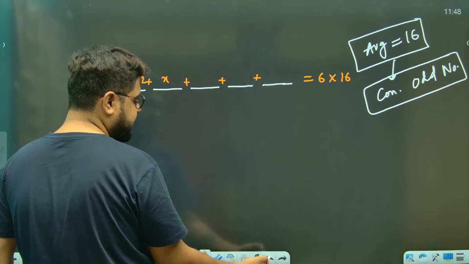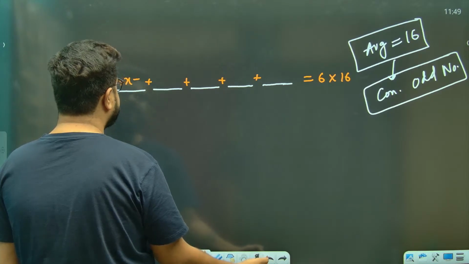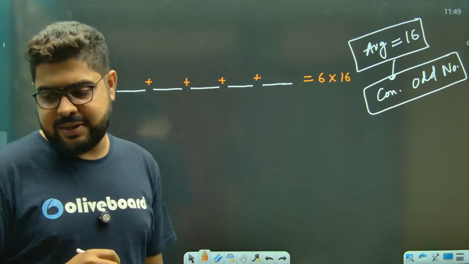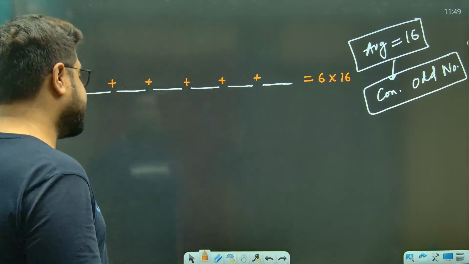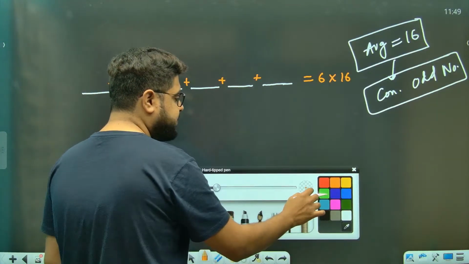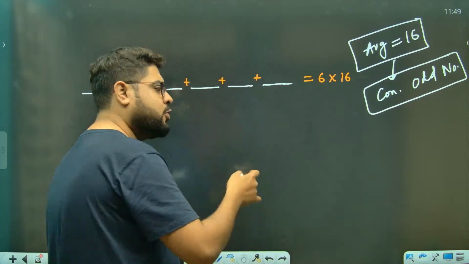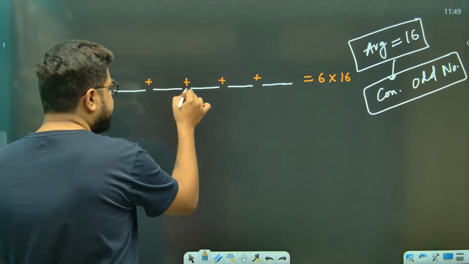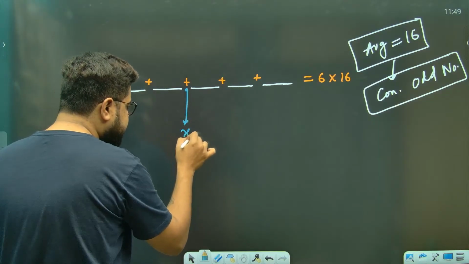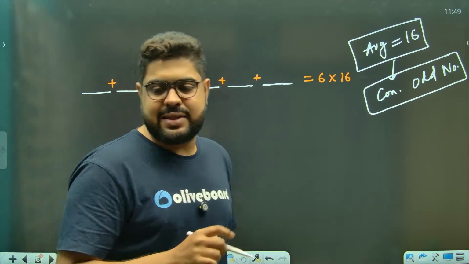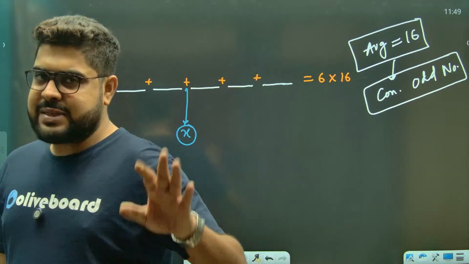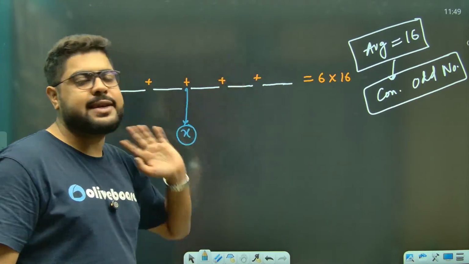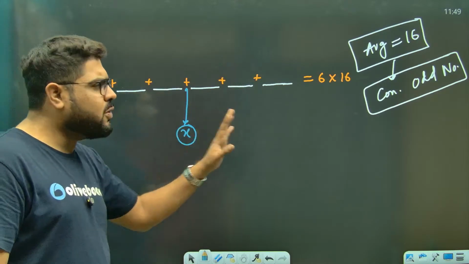Again I am saying, use a little bit of your mind. What will be the middle value here? There is no middle value. No, everything has a middle value. This is the middle value. This is your x. This is the middle value, but it is not a number. It is not part of these 6 numbers. But again, it's a middle value. That is true.